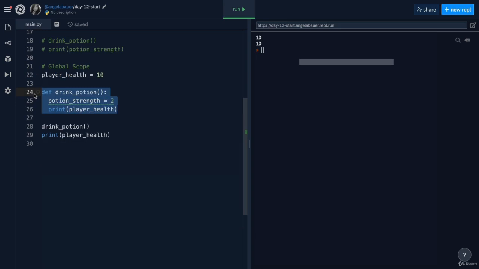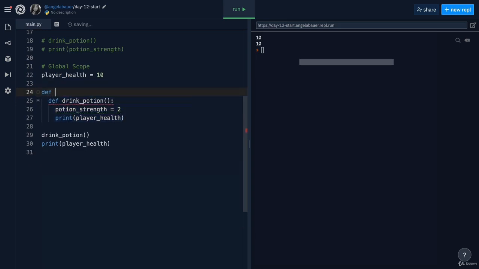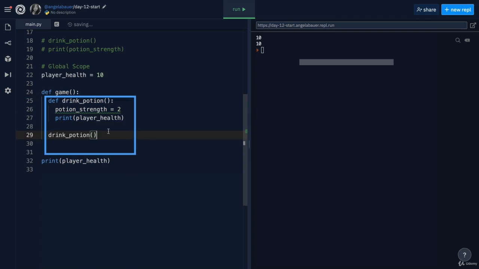If I was to nest this function drink potion inside another function, let's call it game, well, this drink potion now has local scope within the function of game. So this is why this line is now erroring out, because it can't actually see inside this function. So now, in order to call this drink potion, I have to be within the 4 walls of the game function. So whenever you give a name to anything, a function or a variable, you have to be aware of where